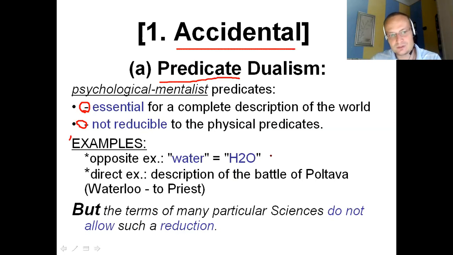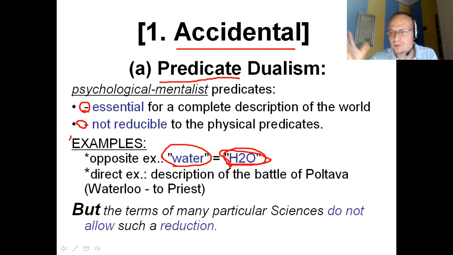Two main examples, opposite examples. We can talk about when some predicates can be reduced to physical notions and structures. Predicates, more correctly. An example is water and its chemical formula. What do I mean? I mean that whenever we use the word water, we can write not water but this formula, and we do not lose any important